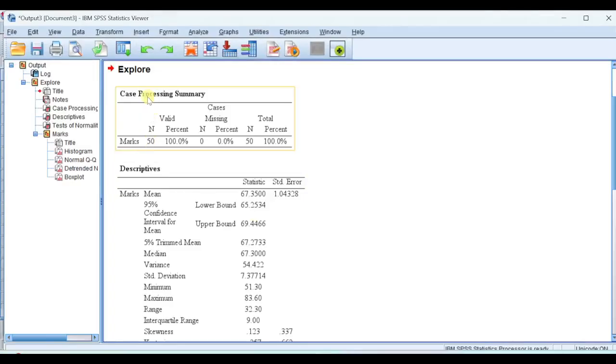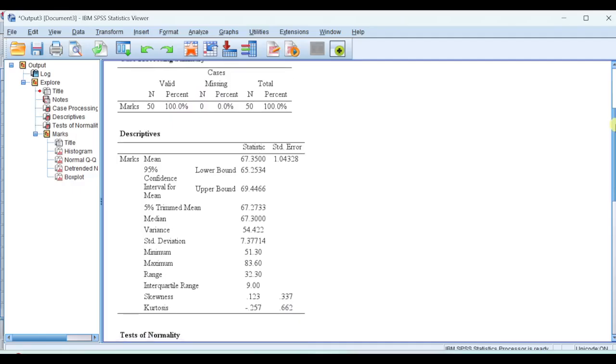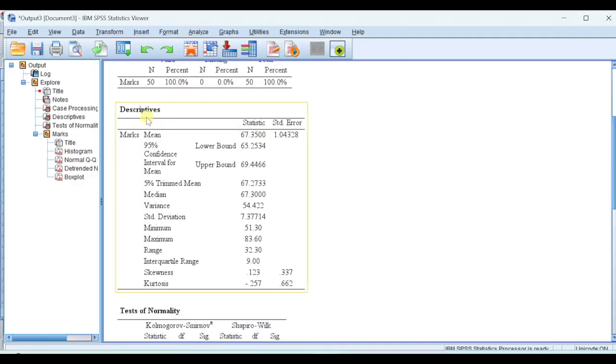Now you see here in the first column, I got the case processing summary. I have 50 valid cases. There are no missing cases. This is the information I get from case processing summary. Next is descriptives, wherein I get the mean and the standard error. So you see here, the mean score is 67.35